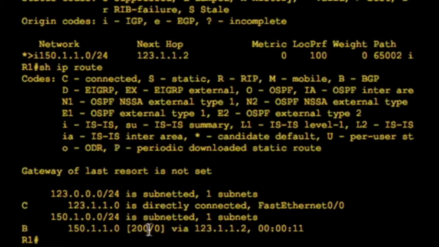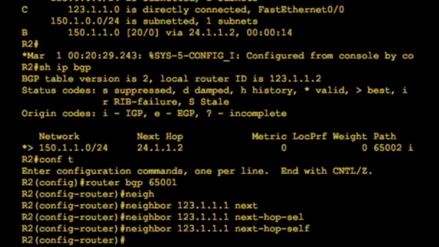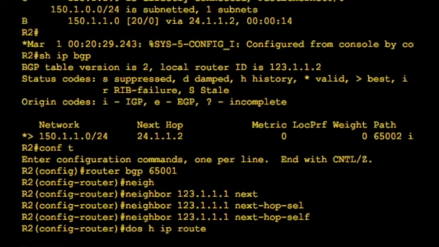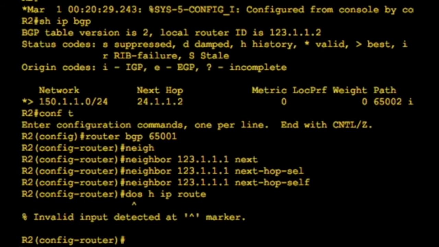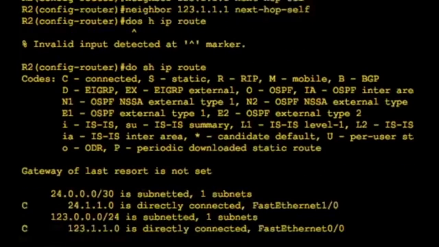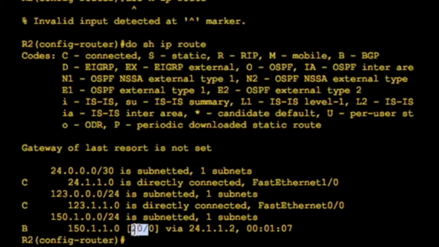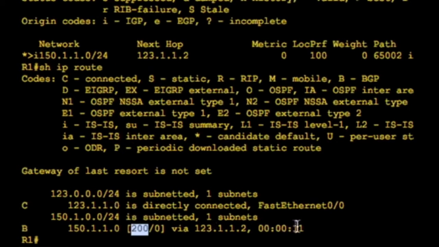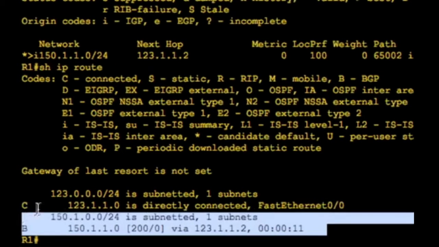And notice it's iBGP now, so the distance we've got is 200, whereas before the distance was 20. Okay, so that's changing the next hop so that we can have iBGP neighbors see routes which have the wrong next hop. They can't